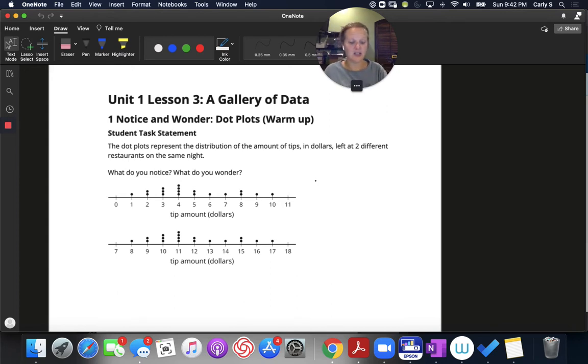I see the shape of the dot plots being exactly the same. We talked about that in the last lesson, the distribution. So we go up,